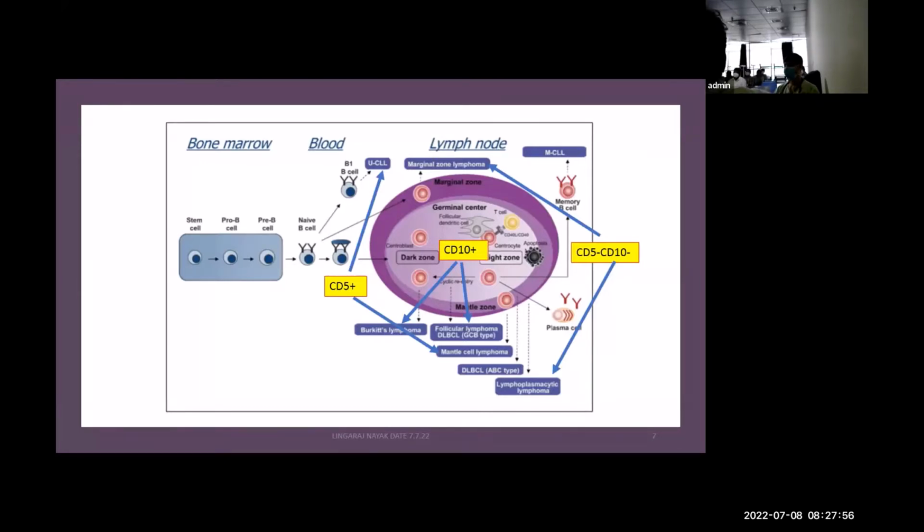Now, after the interaction, that naive B cell goes into a lymph node, right? And what is the purpose of the lymph node? The lymph node has to give a robust antibody so that the antigen is tackled, and at the same time, it has to give a memory cell so that next time an antigen comes, we are ready with the memory cell. So that is the purpose of the lymph node. How it orchestrates this whole mechanism is something called a germinal center reaction that happens inside the node. If you see, this is the germinal center at the center, and there is a marginal zone which is surrounding it.